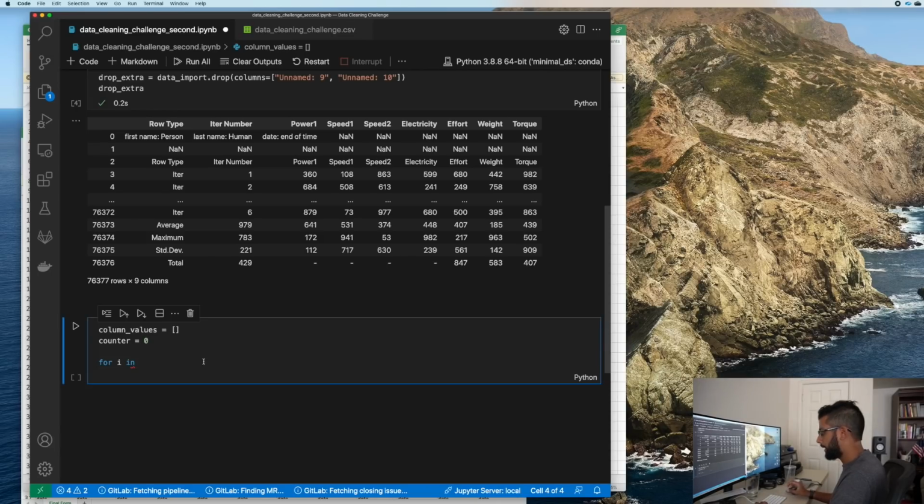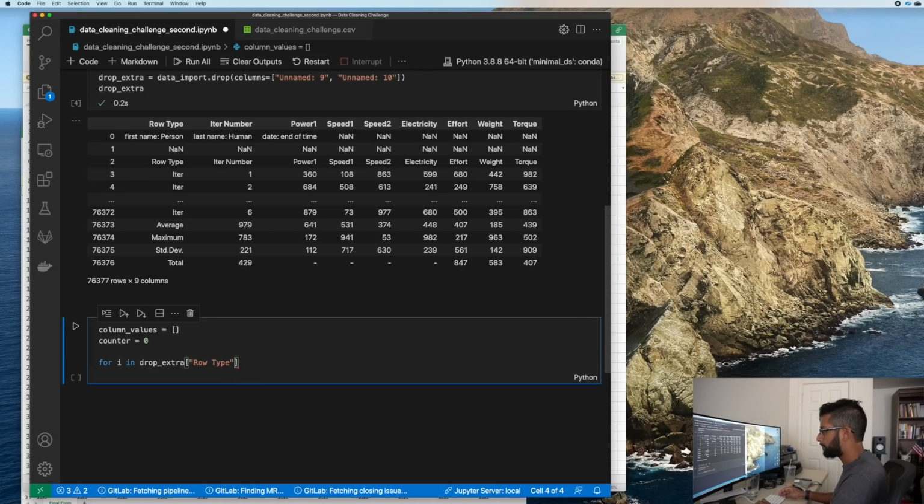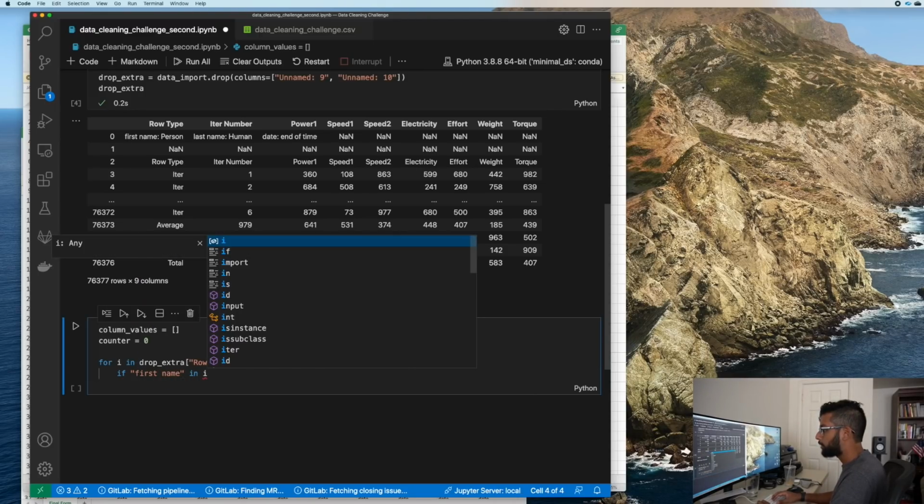So for I in drop extra, row type, if first name in I. And the reason I'm doing this instead of setting it to first name person is because this person might change. It might say John, like first name John at some point in time. So I'm just checking if first name is in it. So if first name in I,